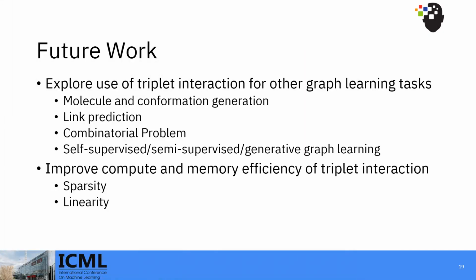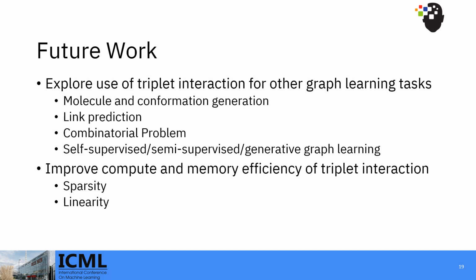As we conclude, let's look at some directions for future work. First, we want to explore the use of triplet interaction for a wider range of graph learning tasks, including molecule and conformation generation, which could have significant implications for drug discovery. We also see potential in link prediction tasks, other combinatorial problems beyond TSP, as well as in self-supervised, semi-supervised, and